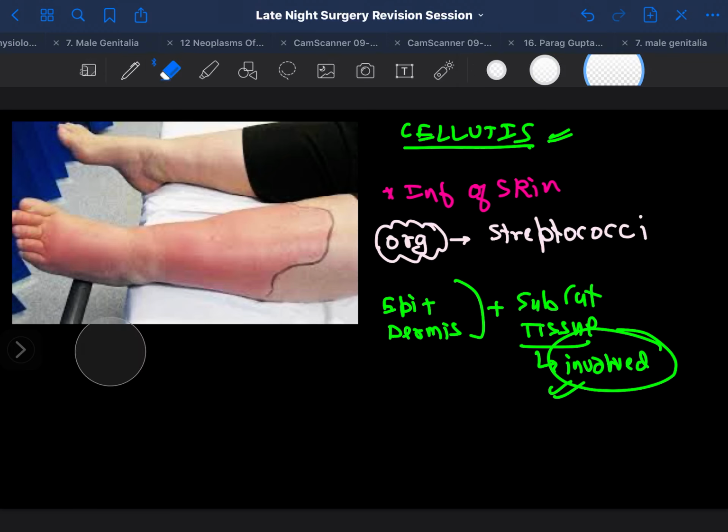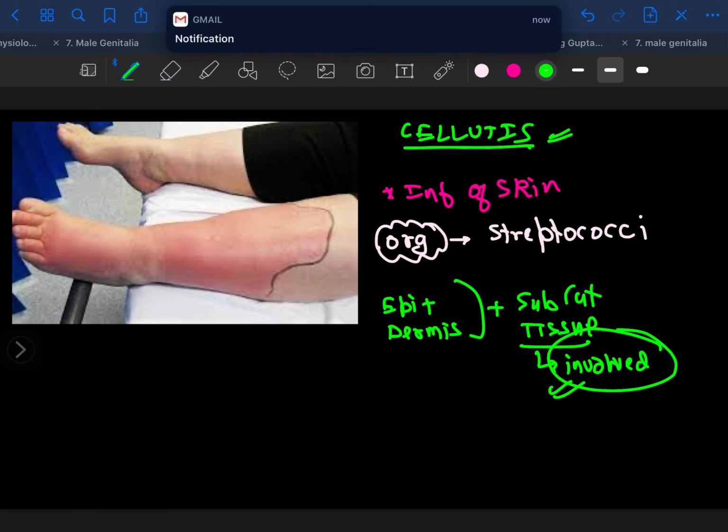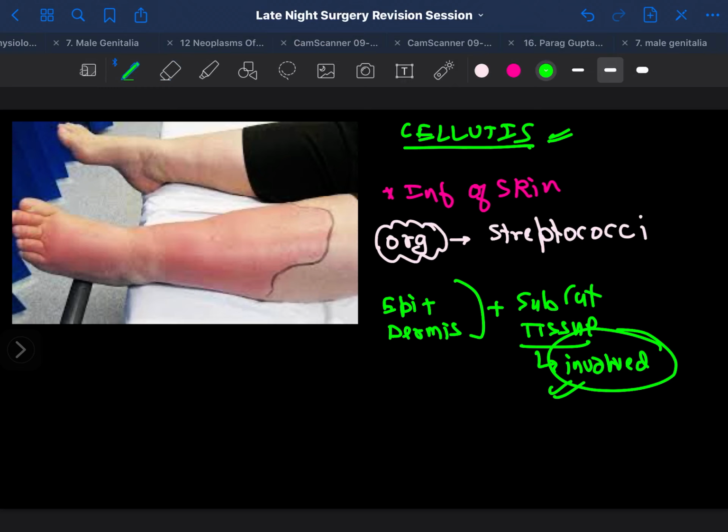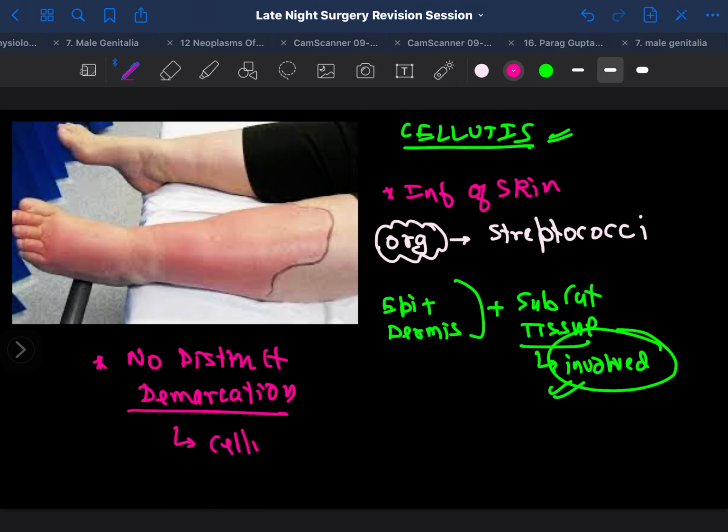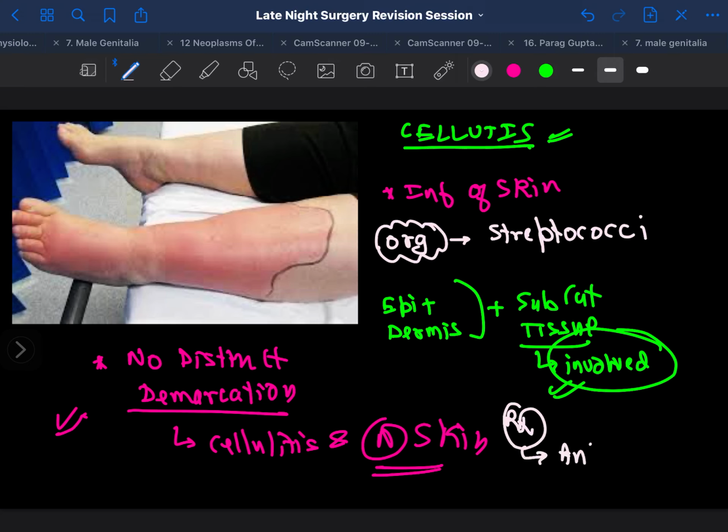How will you manage this particular patient? If you just examine this, don't get confused with this line which they have drawn. They have just drawn it for their own significance. But if somebody asks you, what is the feature of cellulitis, is there any particular demarcation line present? Please understand, there is no distinct demarcation present between the cellulitis and normal skin. This is a feature of cellulitis, and